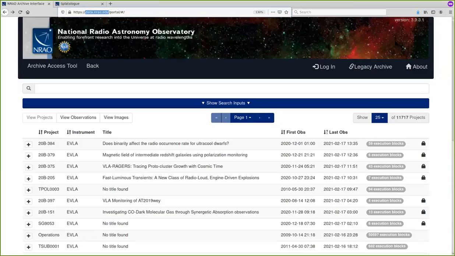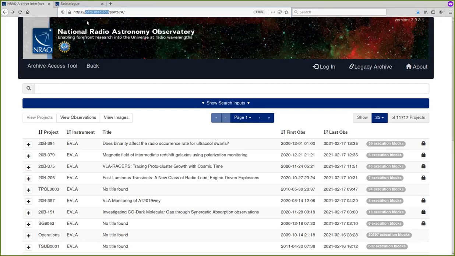Hello, and welcome to a demonstration of NRAO's ALMA User-Defined Imaging service. In this demonstration, I'm going to show you how to request a CAT-NO molecular line image of the protostar HOPS 370. To access this service, you need to go to the NRAO archive at data.nrao.edu, which I have highlighted in